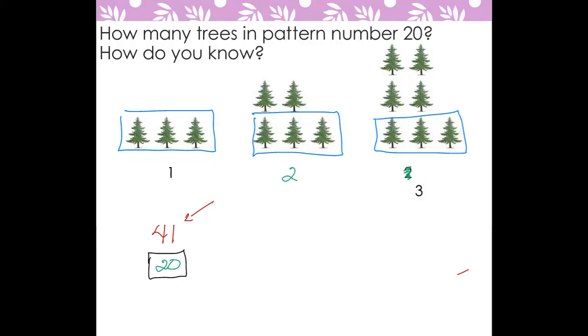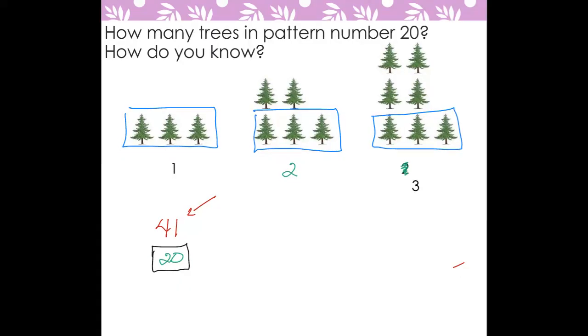Okay. So you see how there's 3 sets of trees on figure 3? You have the 2, 2, and 3. So I took 20 minus 3, which gives you 17. So you have 17 more patterns. Is that what you're saying? Yeah. Okay. And then